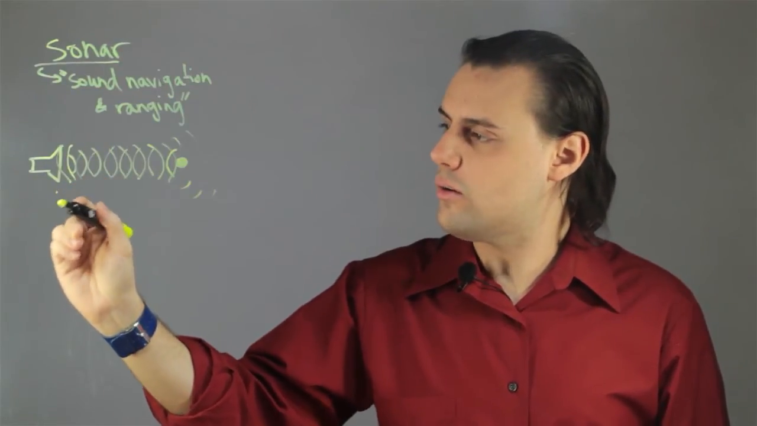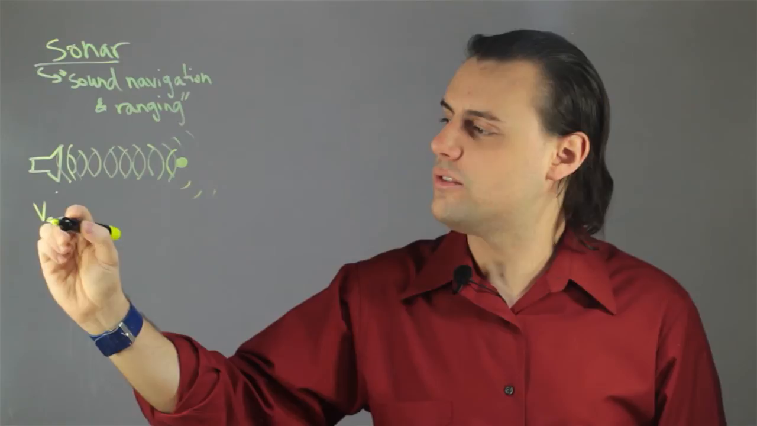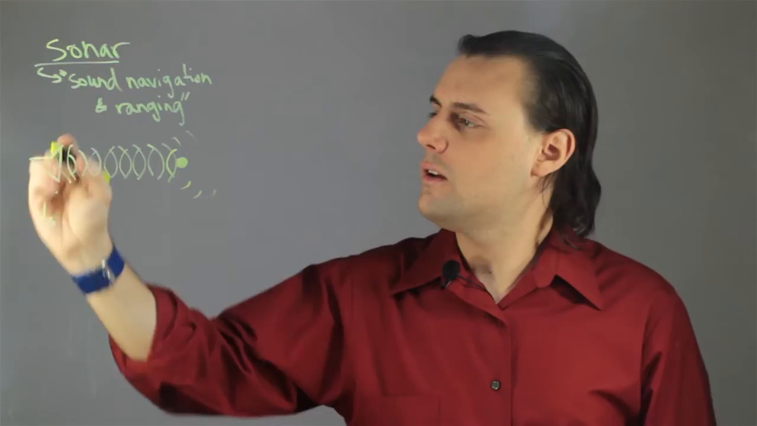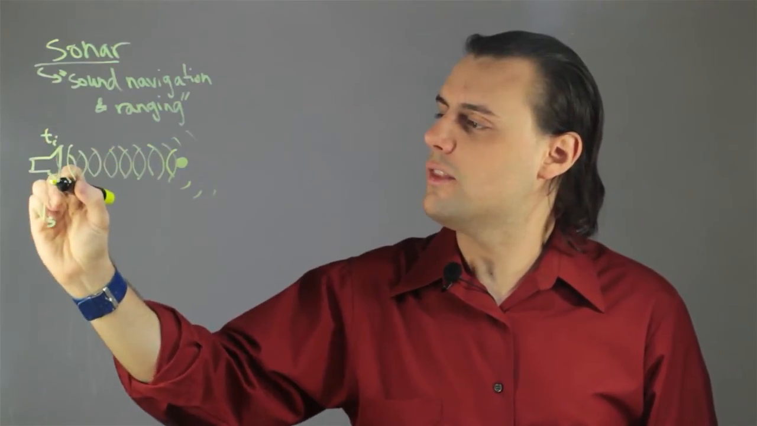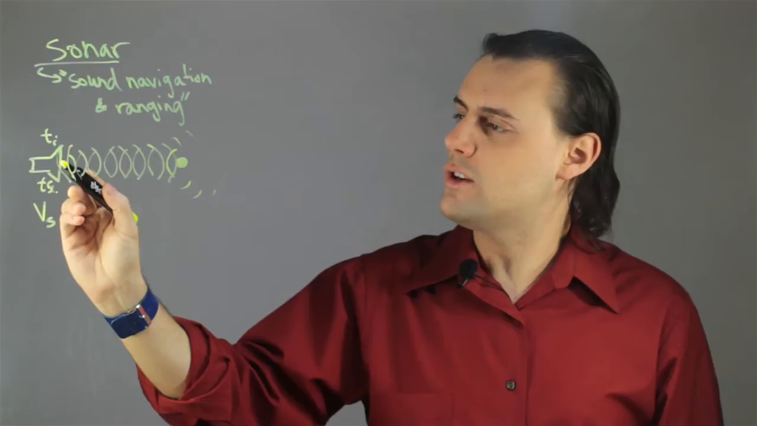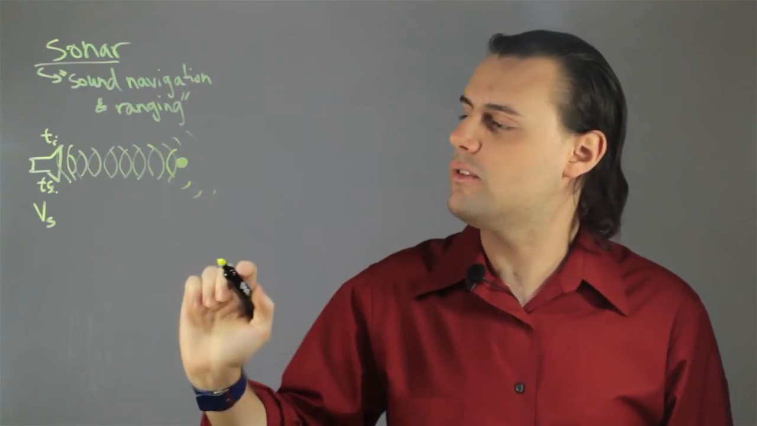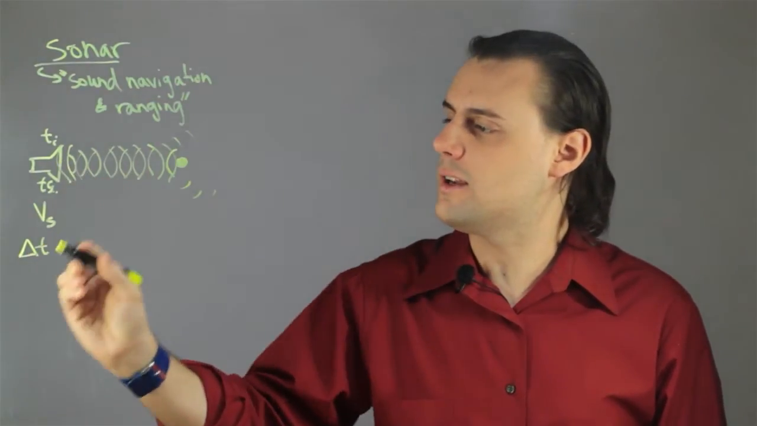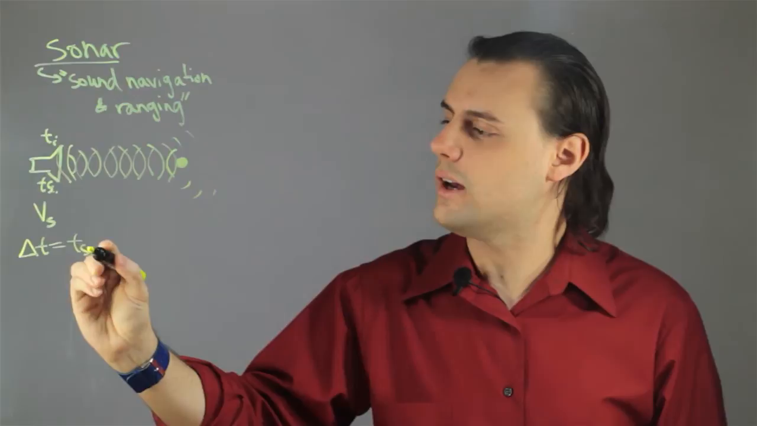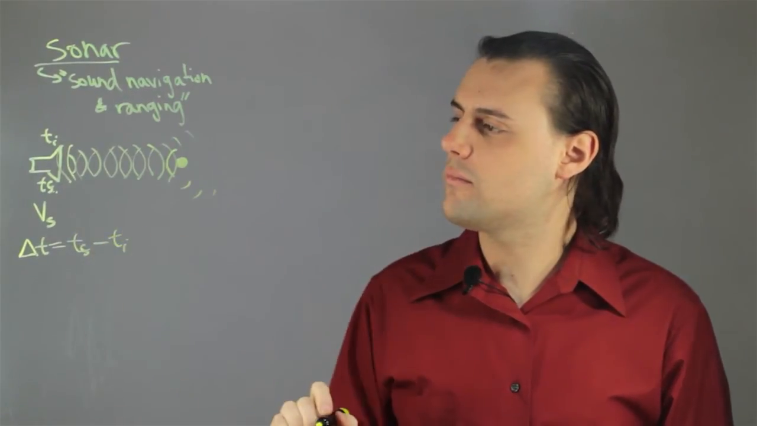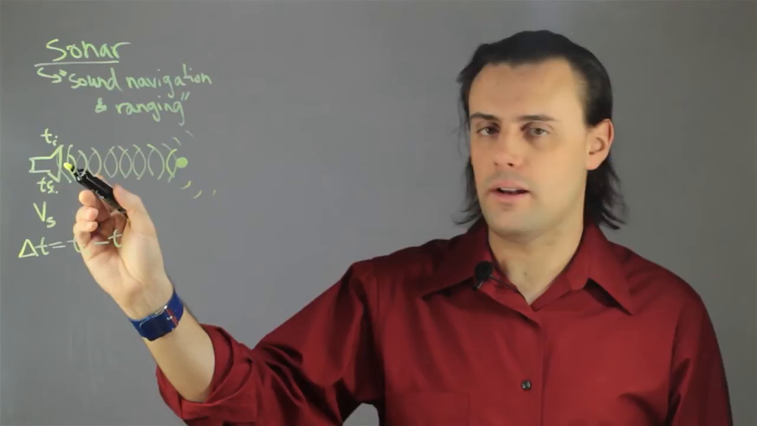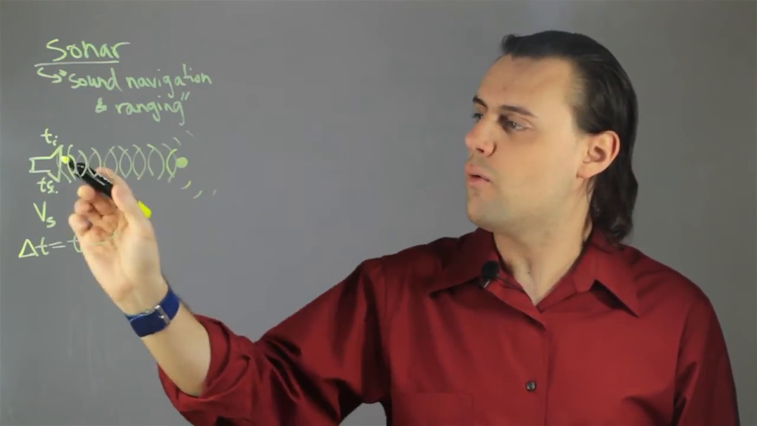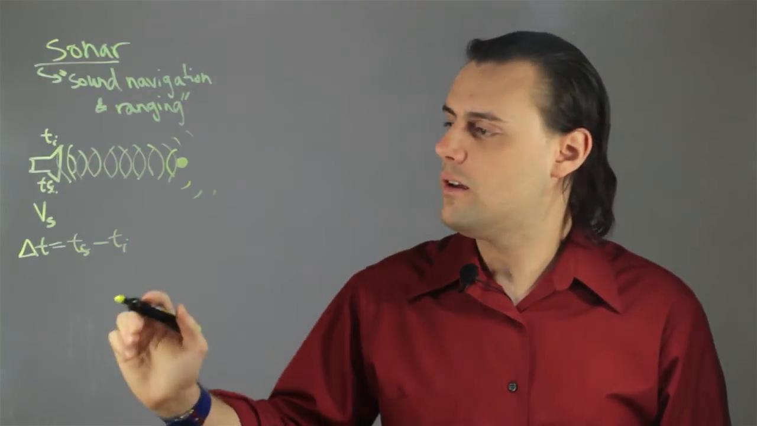And if you know the speed of the sound in the medium, which I'll denote as Vs, and you know the initial time and the final time from which the signal was sent and then received, then you can calculate the time difference between transmitting and receiving as simply the final time minus the initial time. Thus, you can determine the length and position of this target object away from where you are by just considering